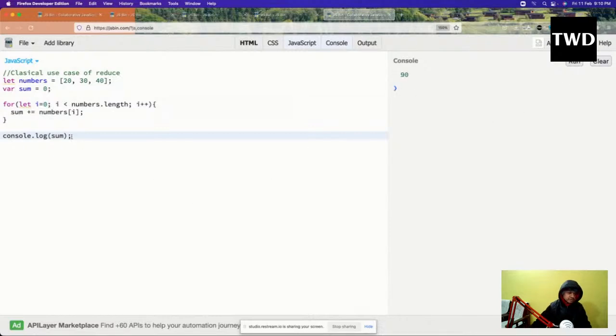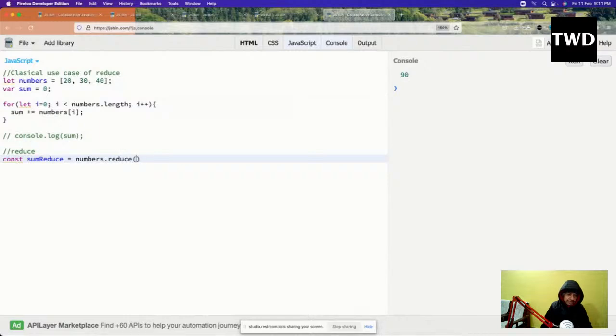Okay, and now we are going to convert it into reduce, and as you can see, it is not a very big use case. We can do it like this also. So we are going to do the reduce, but reduce has some extra features also. We are going to do const sum reduce equal to numbers dot